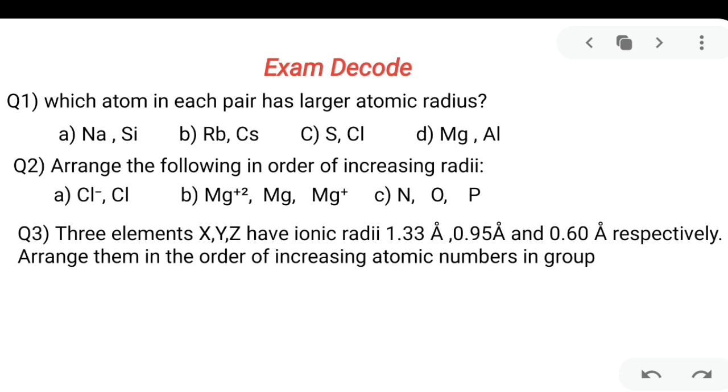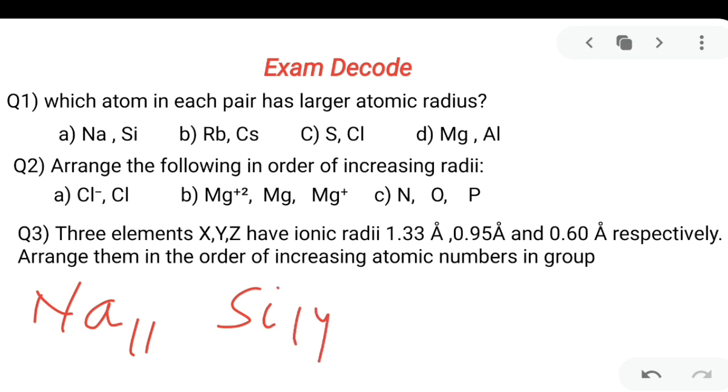I have given the options: sodium, silicon, rubidium, cesium, sulfur, chlorine, magnesium, aluminium. In each pair, you need to select the larger atomic radius. Let us discuss sodium and silicon. Sodium is present first, followed by silicon, because the atomic number of sodium is 11, silicon is 14, and they are present in